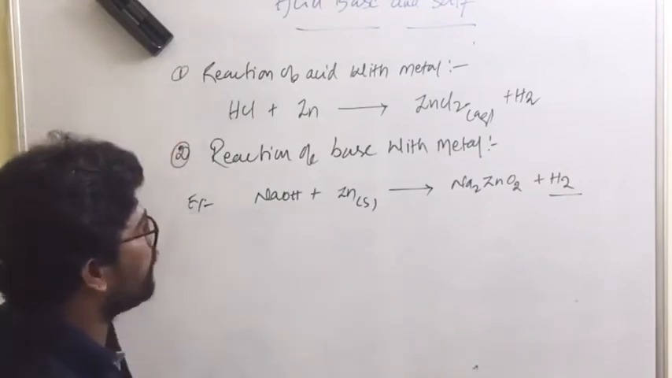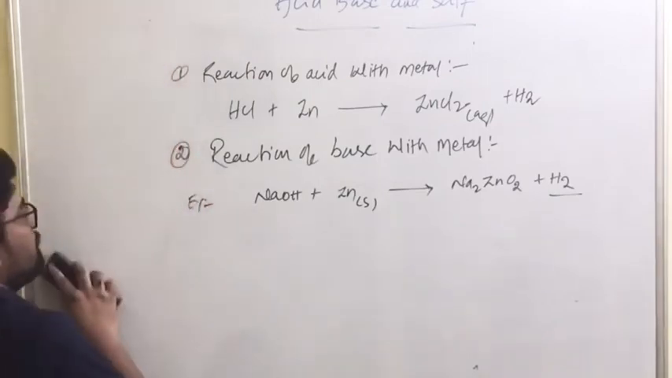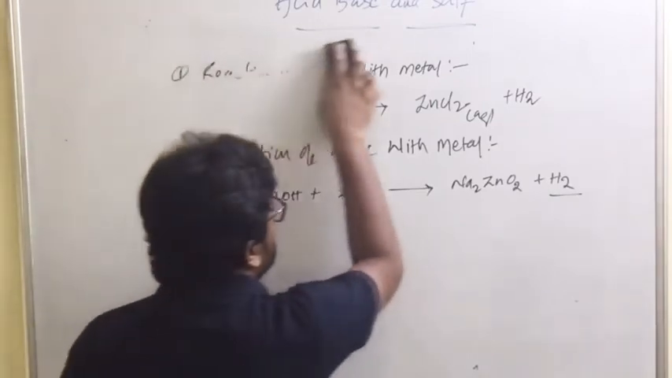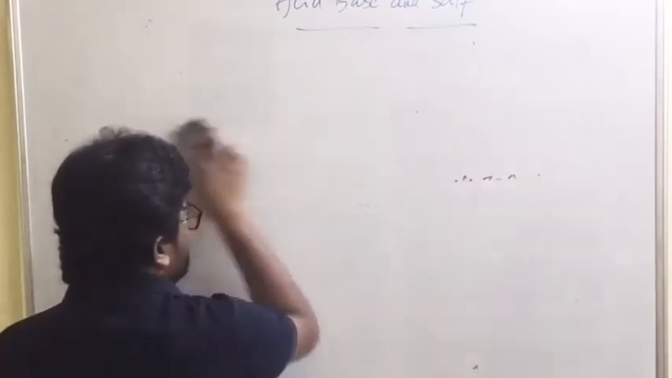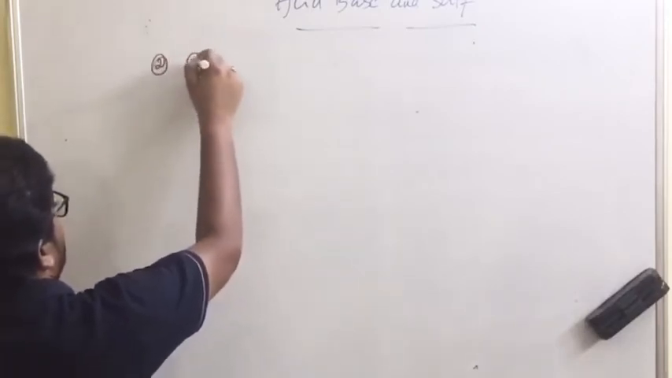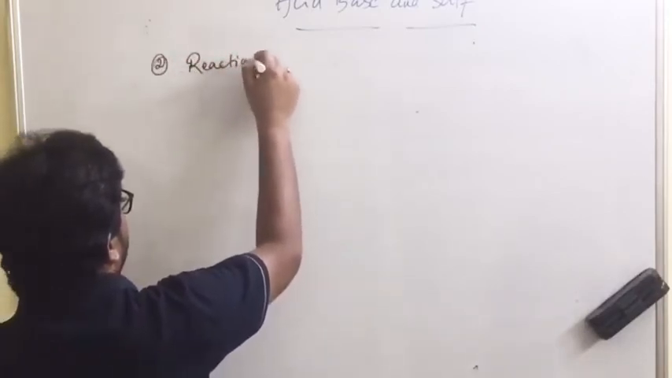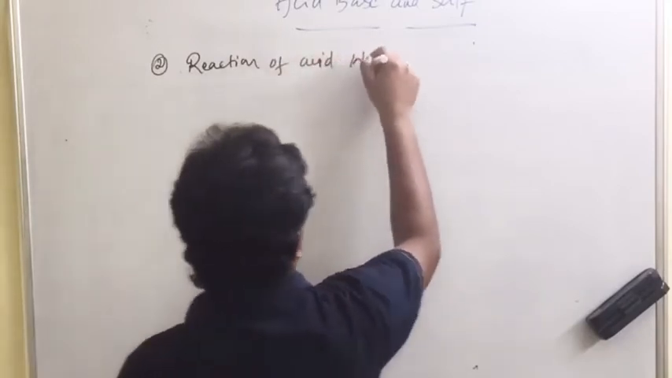So first chemical property is reaction of acid with metal. So what will happen when acid reacts with metal? Gives you hydrogen gas. So these are the first chemical property of acids and bases. Now let us move into the next chemical property, reaction of acid with carbonates